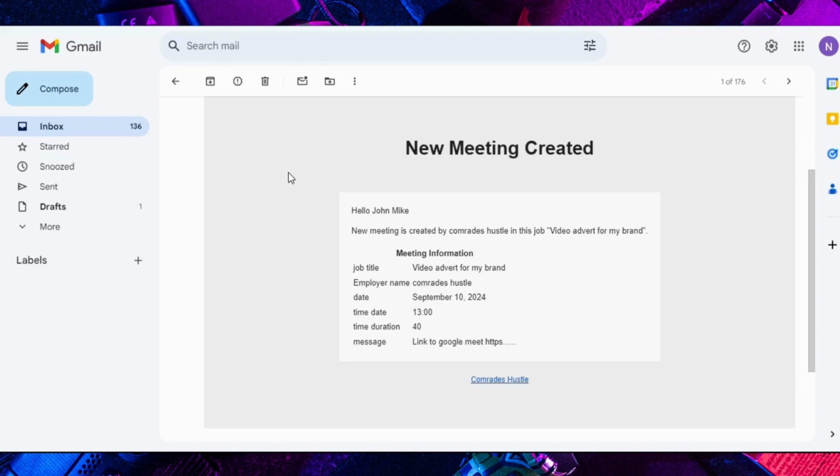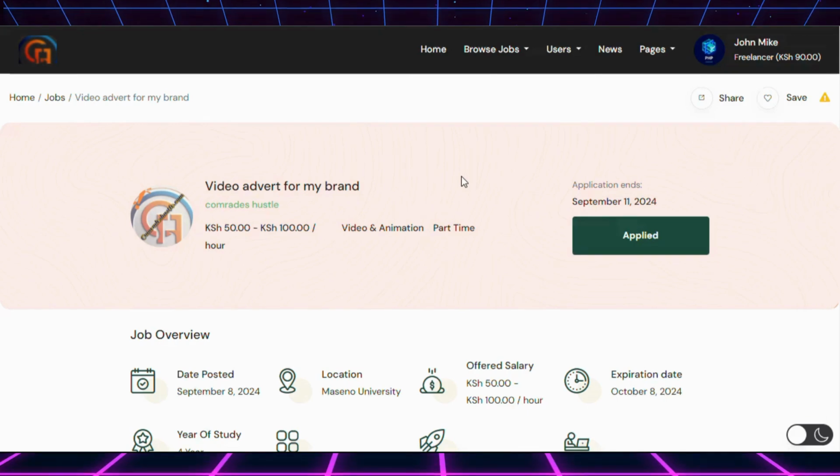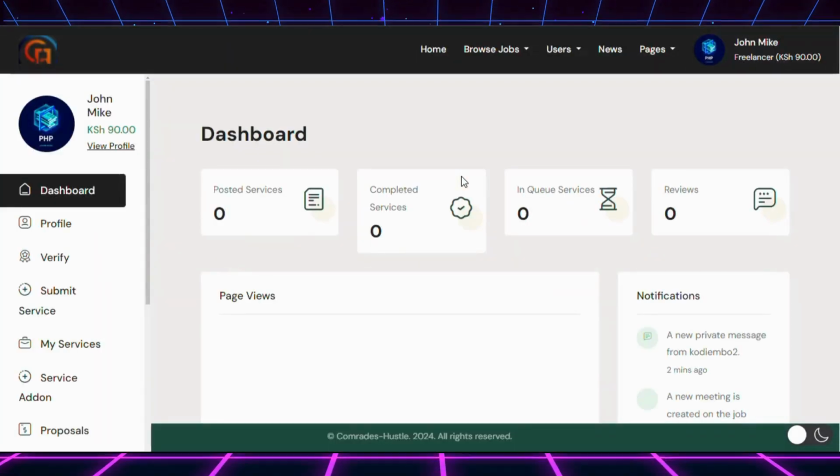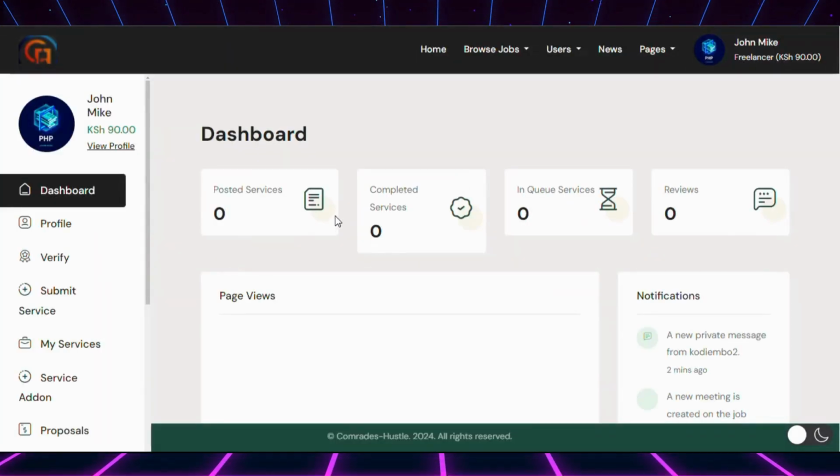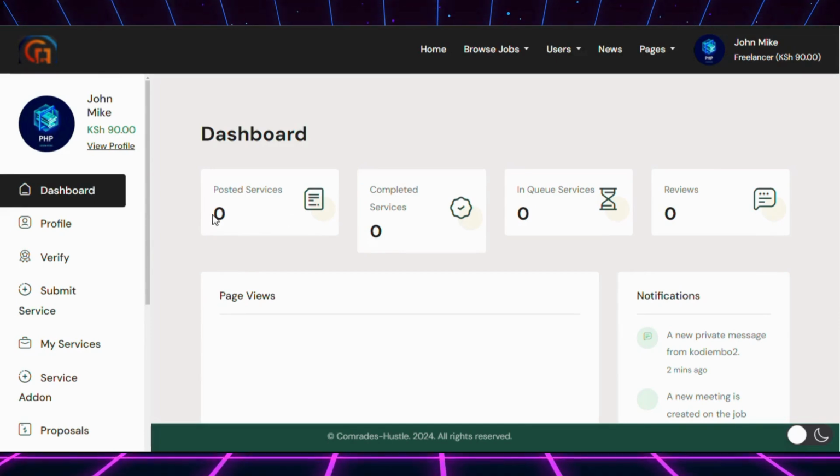He'll attend the meeting, or if it's not a must to have the meeting on Google Meet, you can even redirect them to your WhatsApp. You chat and agree on specific things. And so when you have come to an agreement on a specific amount that the client is willing to pay,